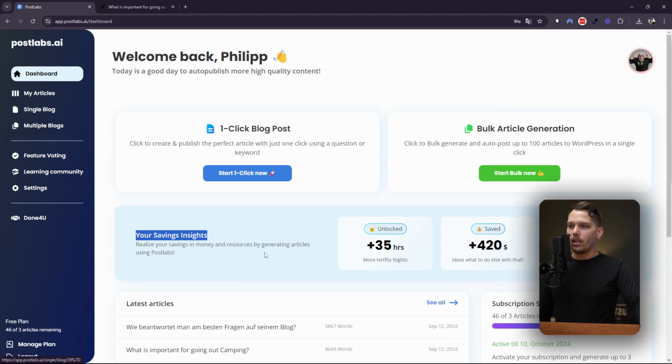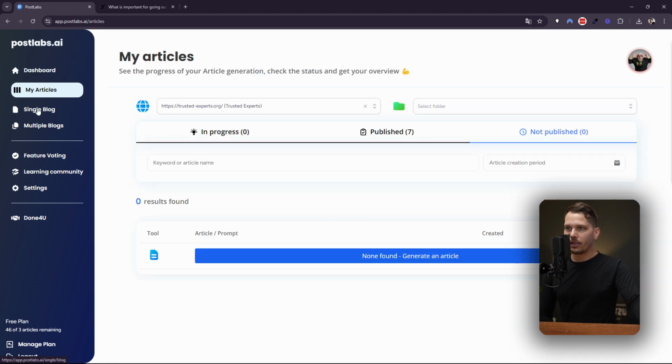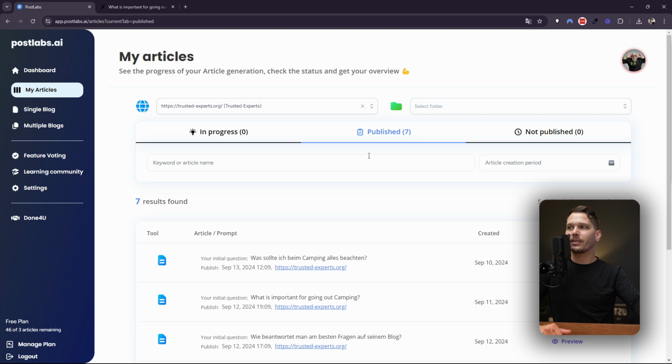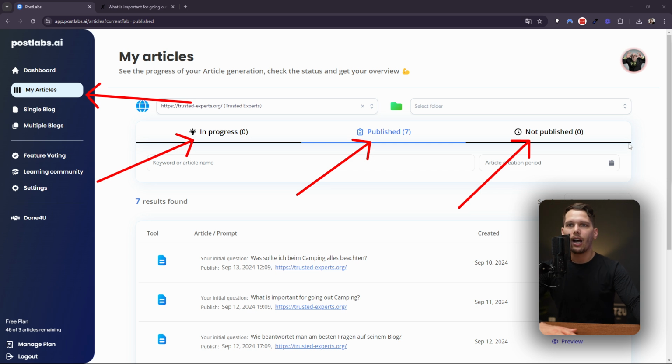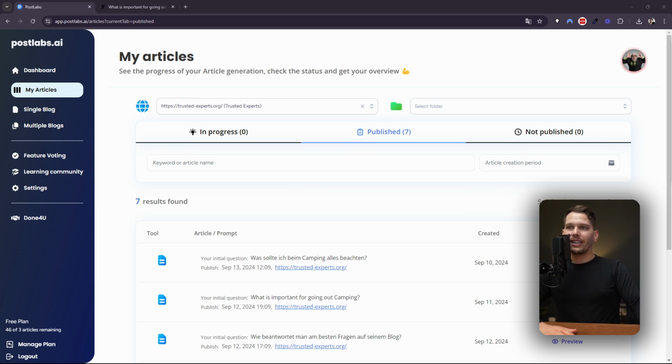But anyway, we want to go into my articles. By the way, you can see, of course, all your generated articles also in Postlabs in your own My Articles section. What you can see to the left, you can see what articles are in progress, what articles are published already, and what articles are not published right now. And we go to the published. I mean, by the way, you can also